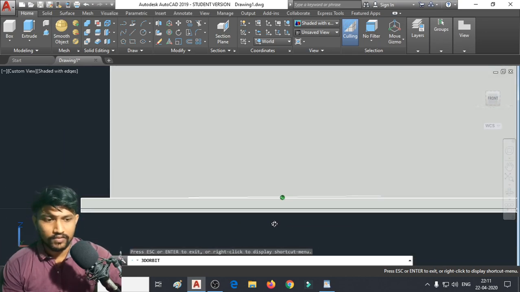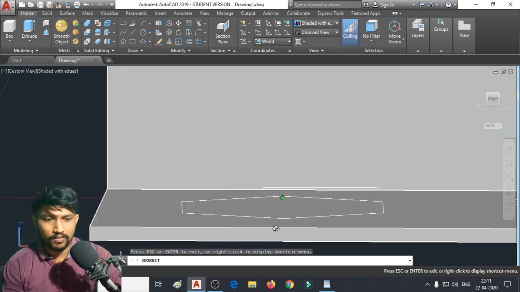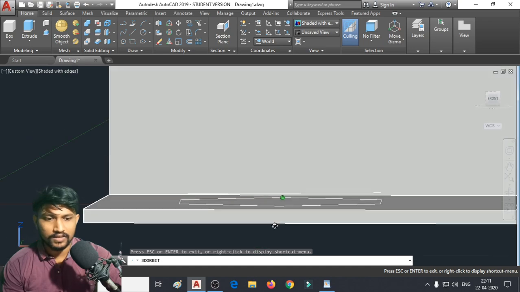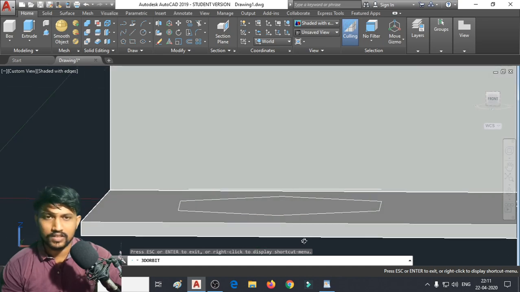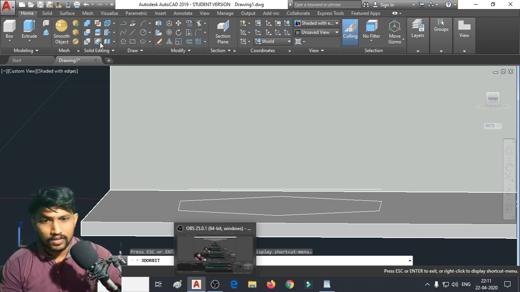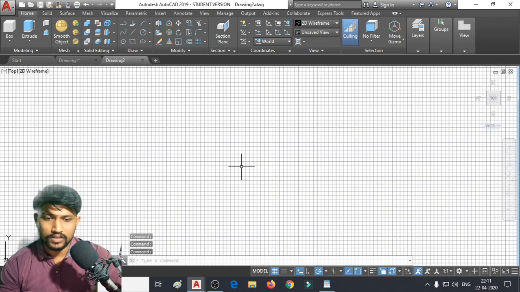Okay, from the front view this particular plane is looking like just a straight line. So that's why what I'm going to do now is I'm going to choose